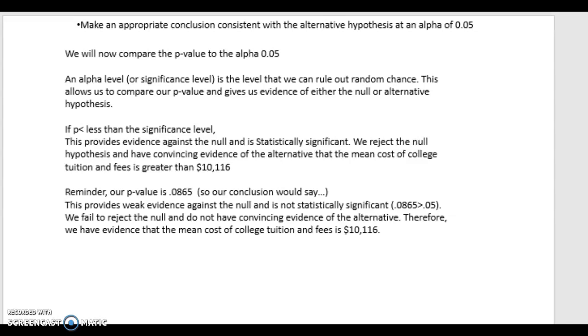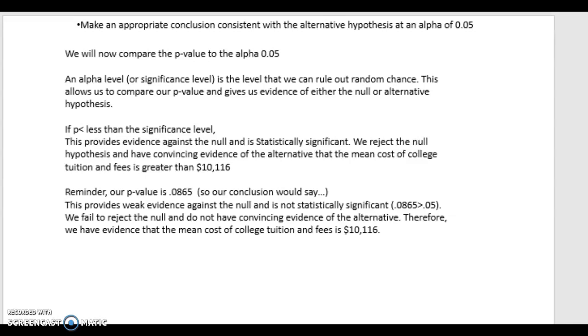Once you have your p-value, you then have to make an appropriate conclusion that's consistent with the alternative hypothesis at a 0.05 alpha. A question on the AP exam will tell you what alpha to use. It doesn't necessarily have to be 0.05. It can be 0.01. But let's use 0.05 for this project. An alpha level is a level that we can use to rule out random chance. That means we compare our p-value to that level, and it gives us evidence of either the null or the